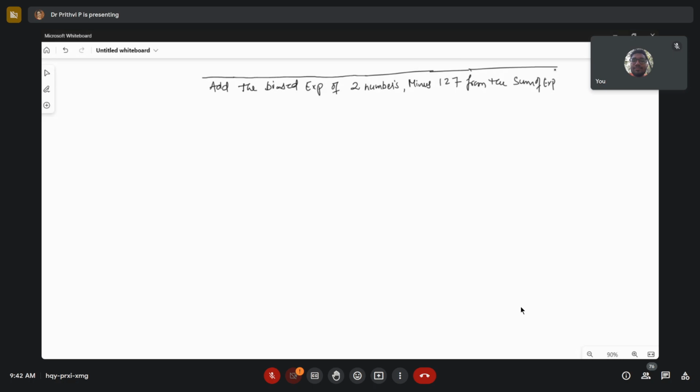That means here we are making the double bias into a single bias. Okay. This is double bias converted to single bias if you are doing this step. Okay, first you are adding the biased exponents and subtracting. Next is